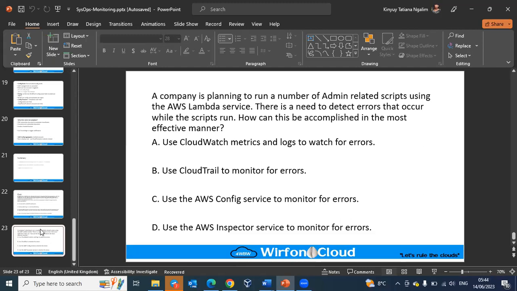CloudTrail would not do that. Config, that's for something else. Inspector, we do not even look at it, even though that is a different topic. CloudWatch. Let's forget about the metrics and logs. CloudWatch is about performance. So this is talking about detecting errors, of course. If there's an error, it means the performance of your application or service is not